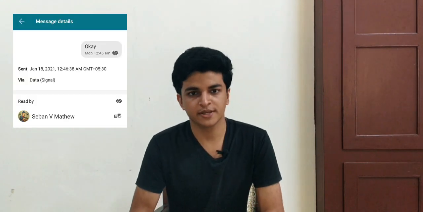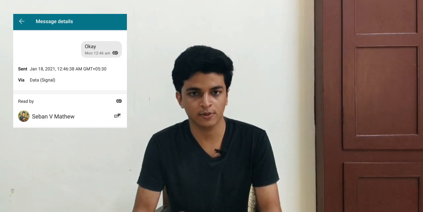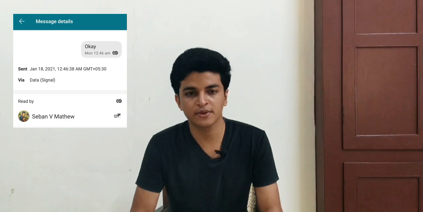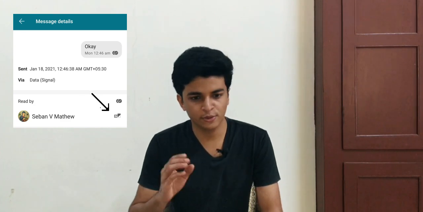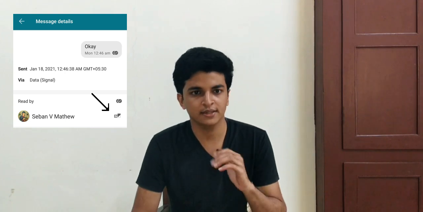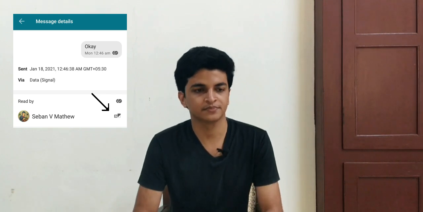Now, display indicators. When this feature is turned on, if you check the info of a message, you can see an icon like this along with the info. That simply means that the message was sent via sealed sender.